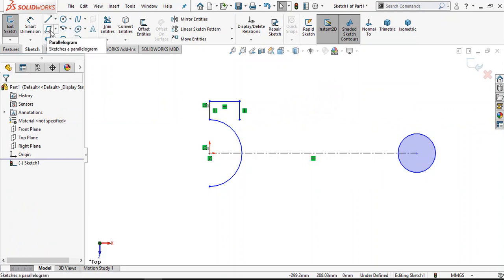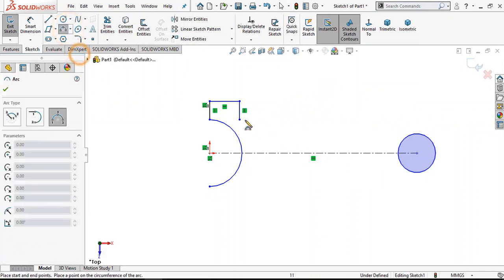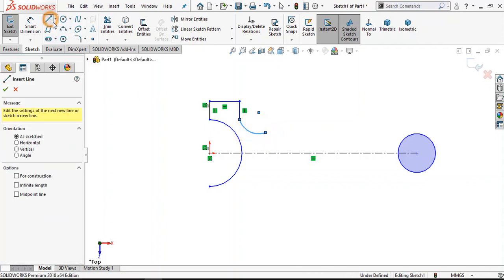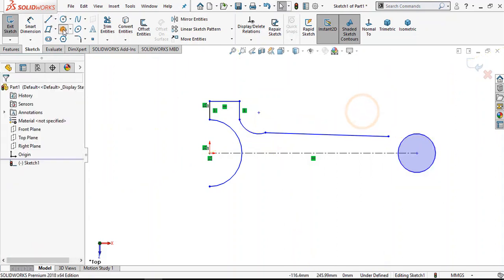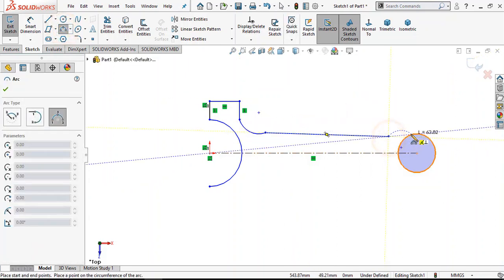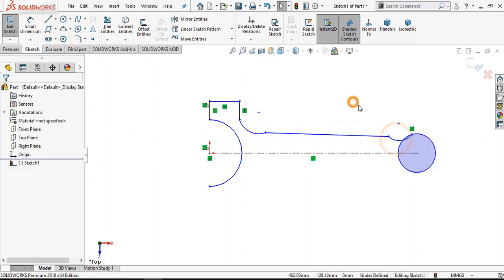Right click and exit. Now select 3-point arc, create an arc here. Now select line again, create a line up to here, and here again create 3-point arc like this.